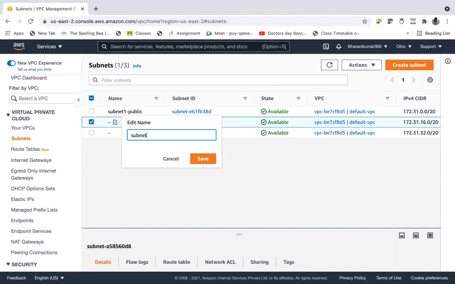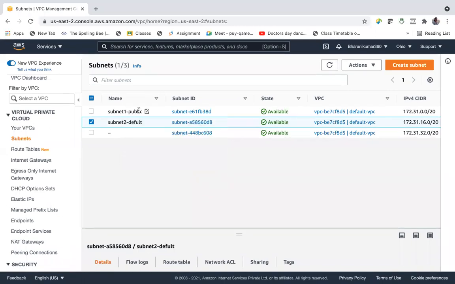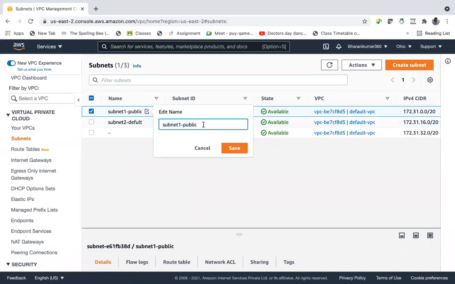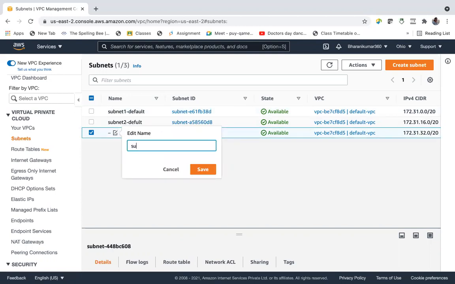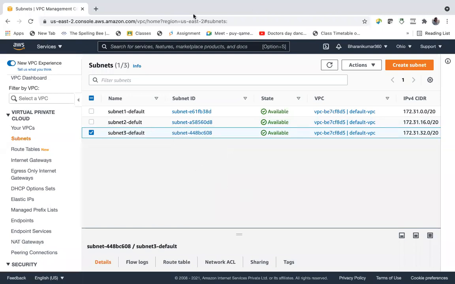Subnet 2, this is also public, and default, let's call it as default. Save. Default. Save. And here we have subnet 3. This is also default. Save. Okay.